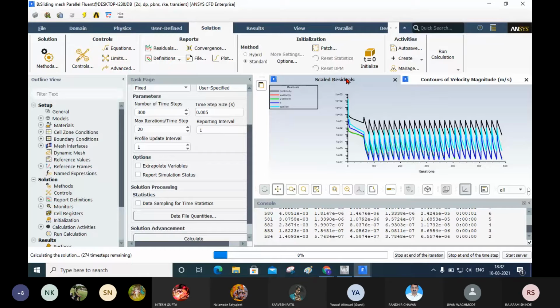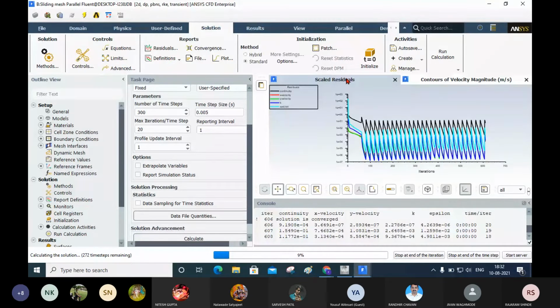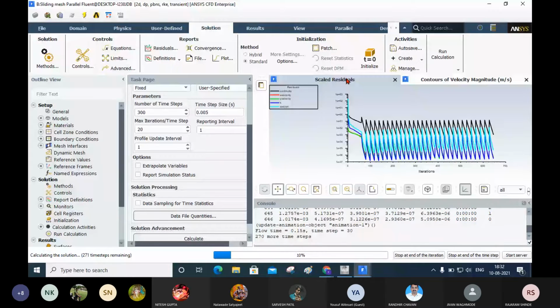Whatever iterations are required will be decided for each and every step. Okay, now we will wait, I think it requires 5 to 10 minutes.